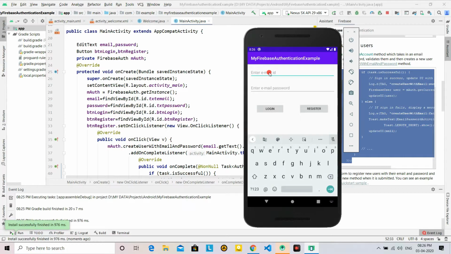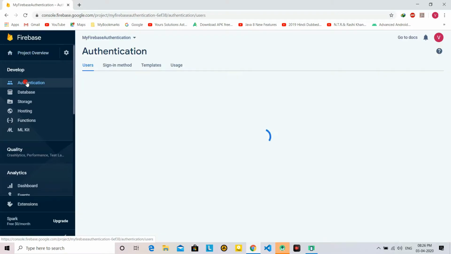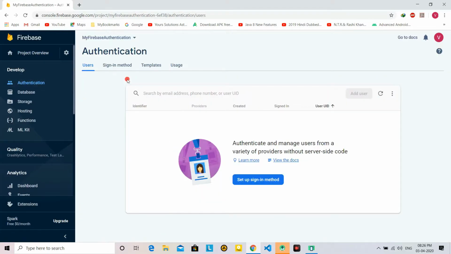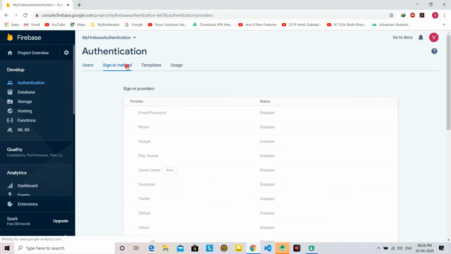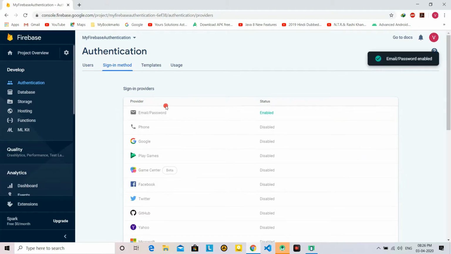Now we have to give an email ID, but for that one more thing we have to change. Here we have to go to Authentication, and remember we have to allow the email and password authentication from here. Okay, it's a must. If we do not allow email and password, then it will generate an error.